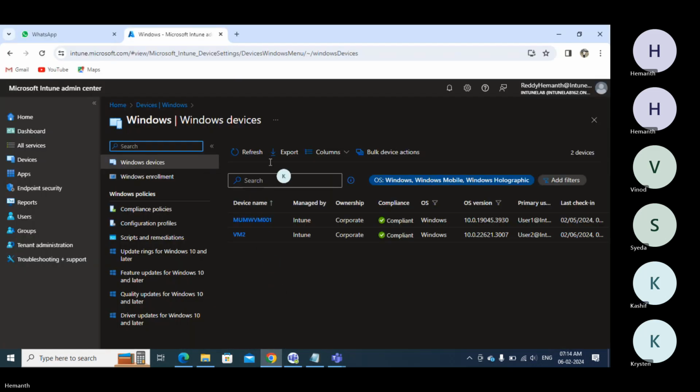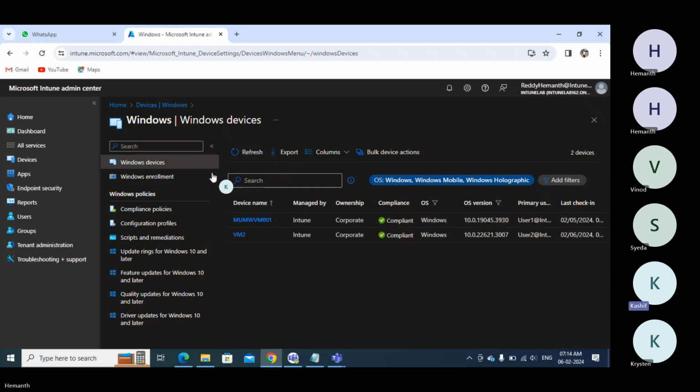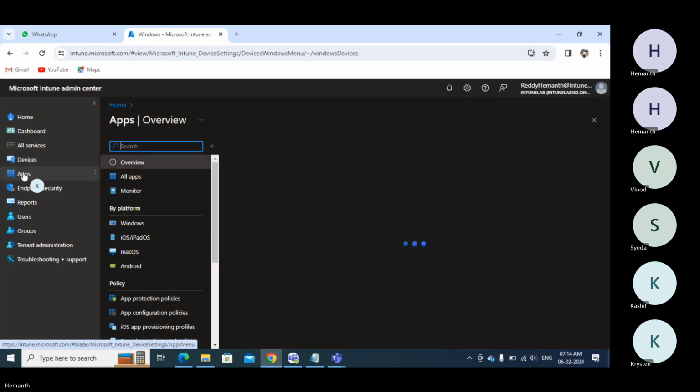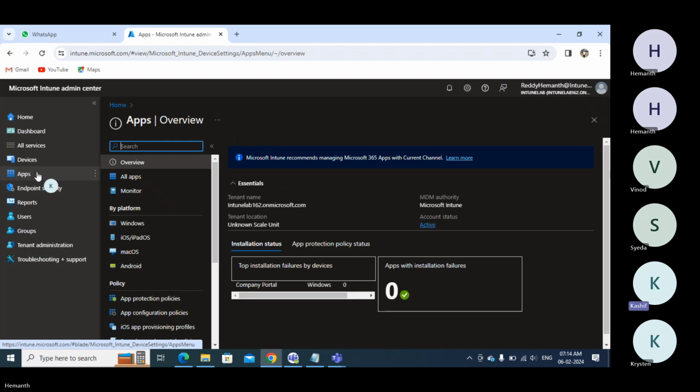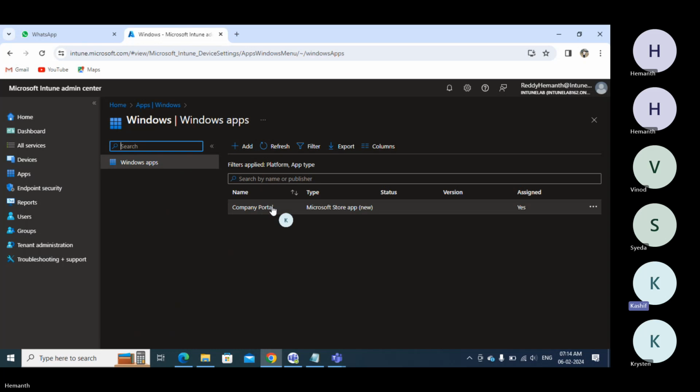So let me go ahead and refresh this page. And I need to go to apps. So at the left hand side I'm on Intune portal, guys. Everyone, you can also try doing the same thing. So apps and then Windows, inside Windows,